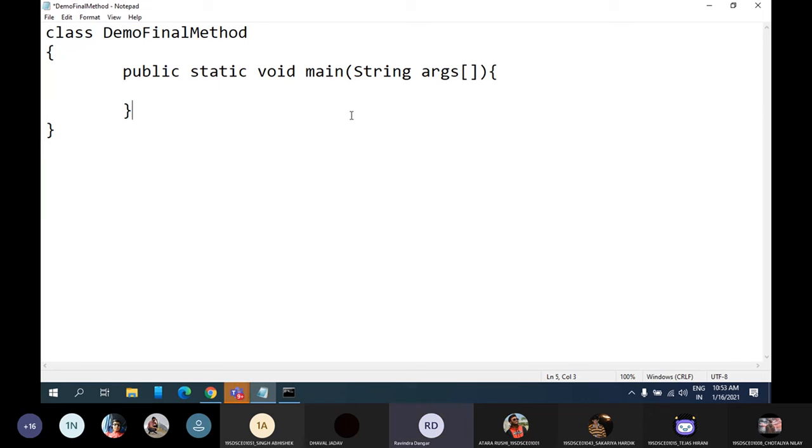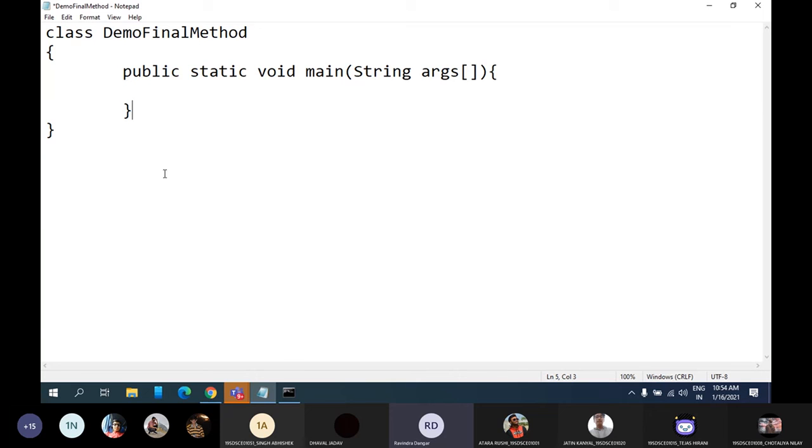Inheritance will not be possible. Correct. You cannot inherit the properties of that class. If the class is declared with the final keyword, you cannot inherit any property of that class.